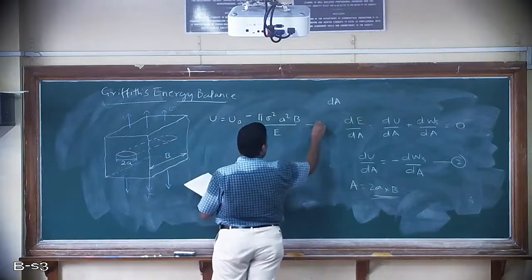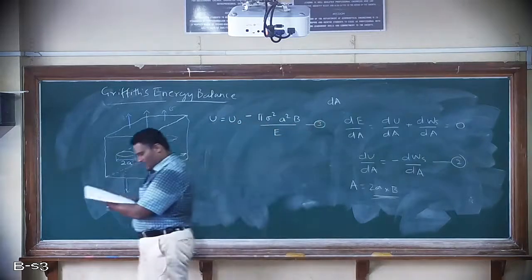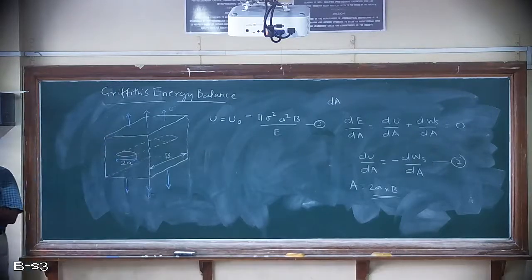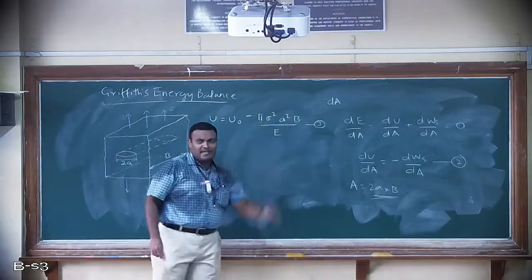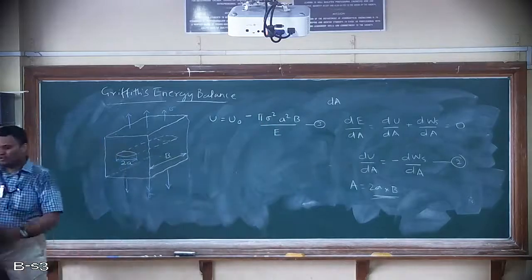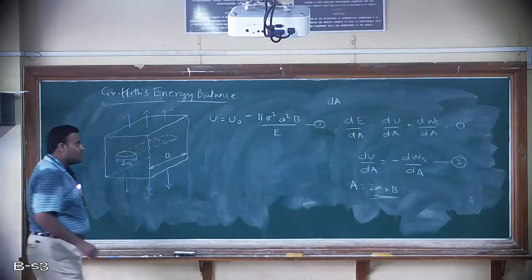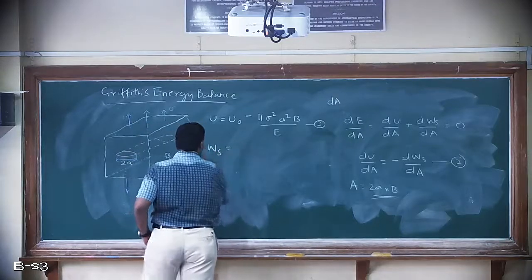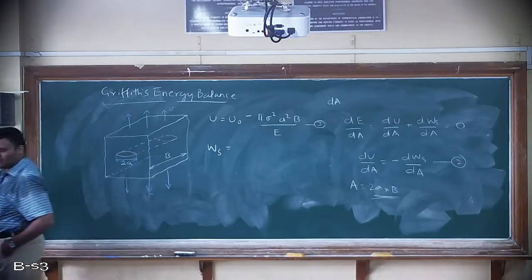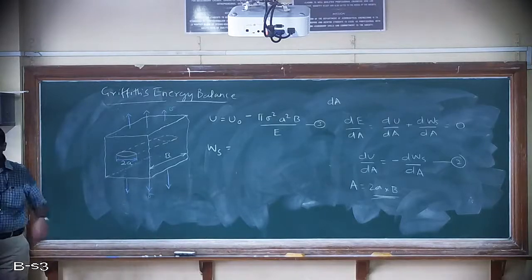Take this as equation number 3, and Griffith used this stress analysis of Inglis to show that the potential energy U is the potential energy of the uncracked plate minus pi sigma square a square B by E. So what happens to this work done? Now let us see the expression for work done to create one new surface. That is, Ws will be equal to